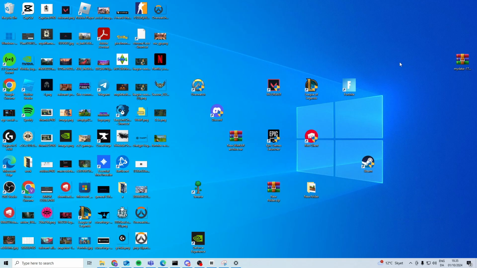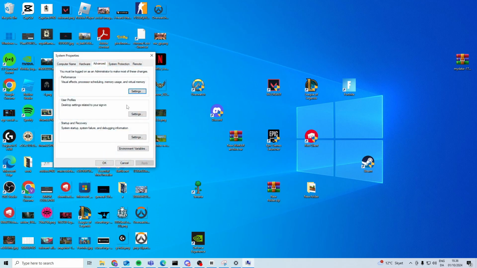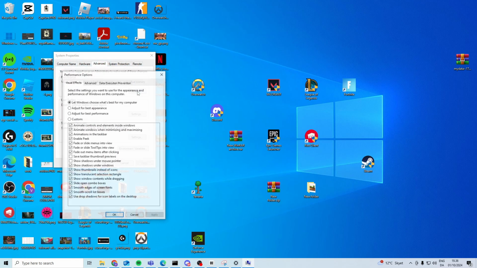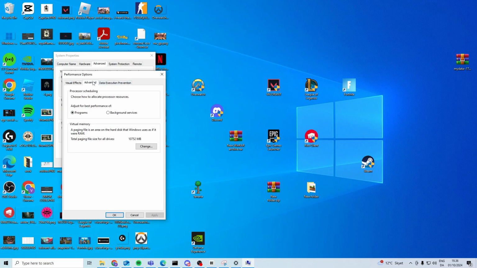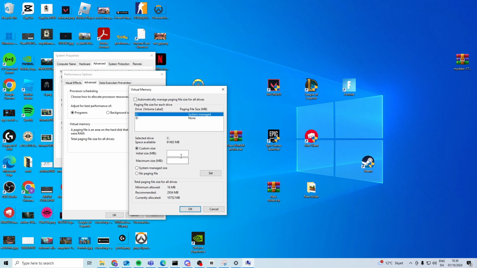In this video, I'll show you how you can fix out of video memory trying to allocate a texture in Red Dead Redemption 2. Now the way that we can do this is you want to come down here and search for Advanced System Settings. Open it up and go to Advanced, go to Settings right here, click on it and head to Advanced once again. In here you want to press Change, choose to uncheck this one, choose Custom Size, and from in here